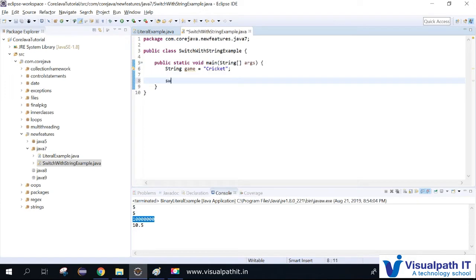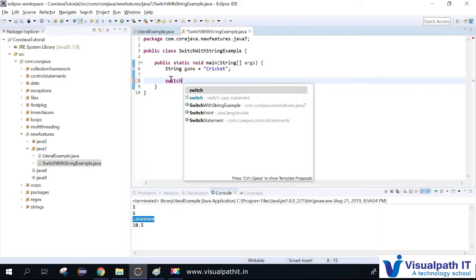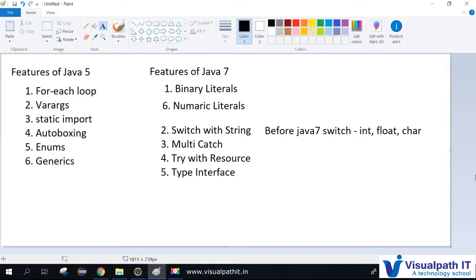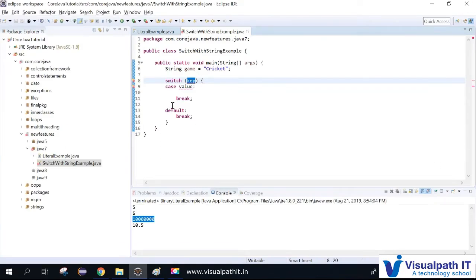So I'm writing a switch case. You can auto populate with these things. The key I'm giving is the string. Here I'm not giving any integer or float or character, I'm giving directly a string. See, the switch is not showing any error. It just accepted the input.